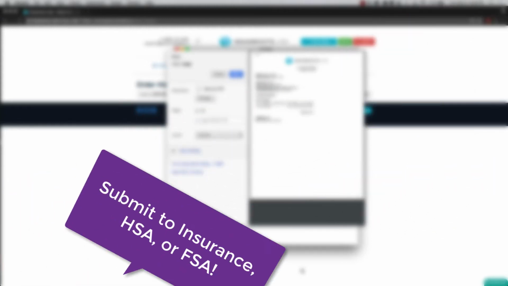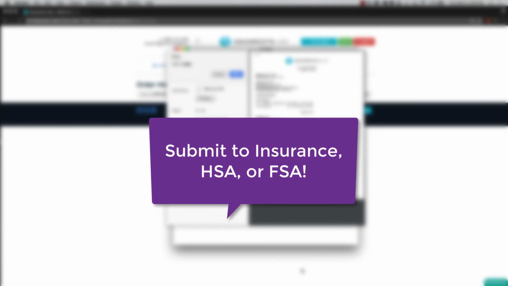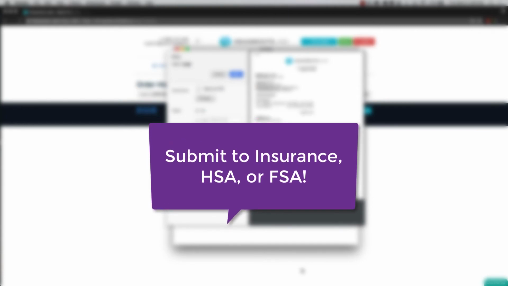below. Now you can provide your receipt to your insurance company, health savings account, or save a copy for your